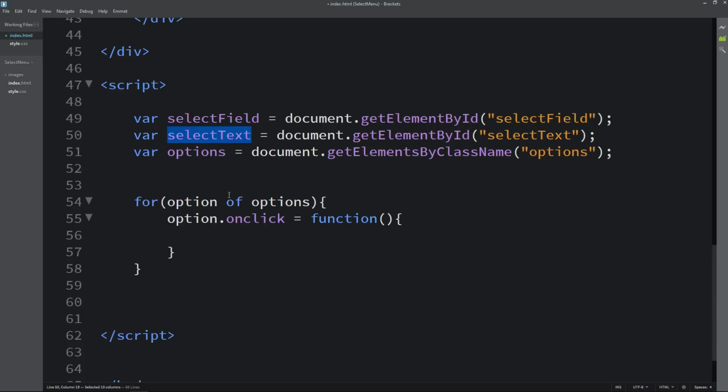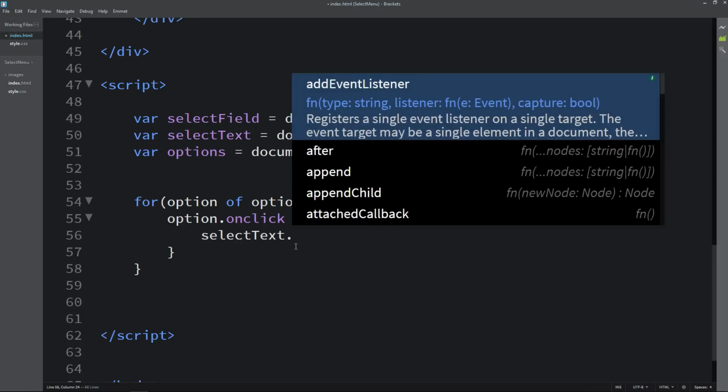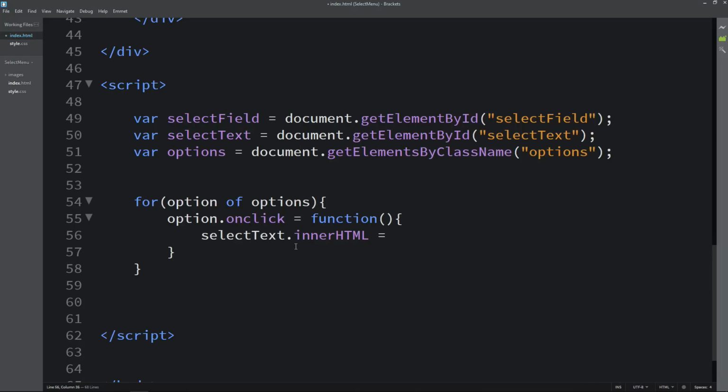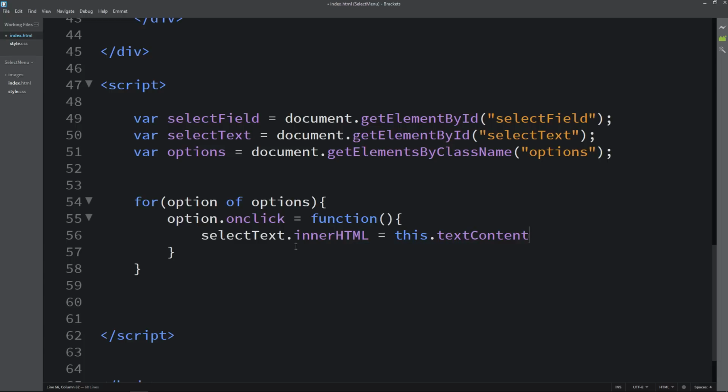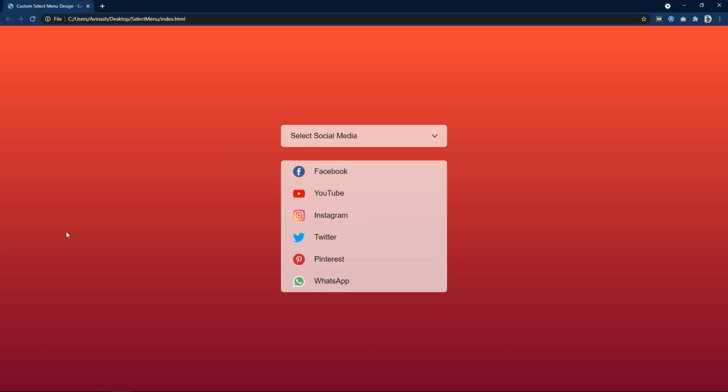So let's copy this selectText.innerHTML, because we have to update this text, equal to this.textContent. So it will get the content of that option, and it will store that content in the select text. After adding this, save these changes and refresh the website. You can see if I click on any option, the same gets selected in the top select box.